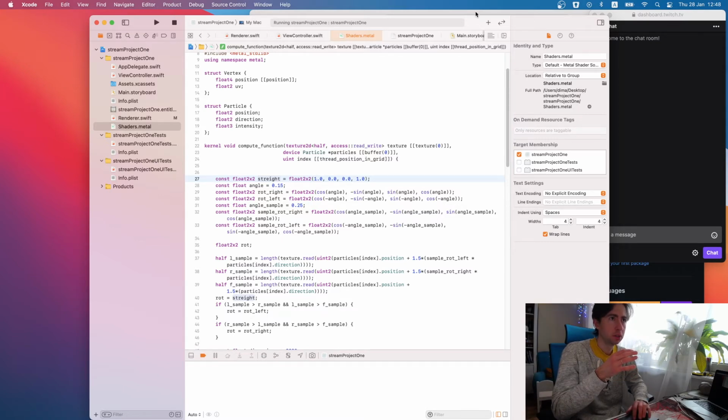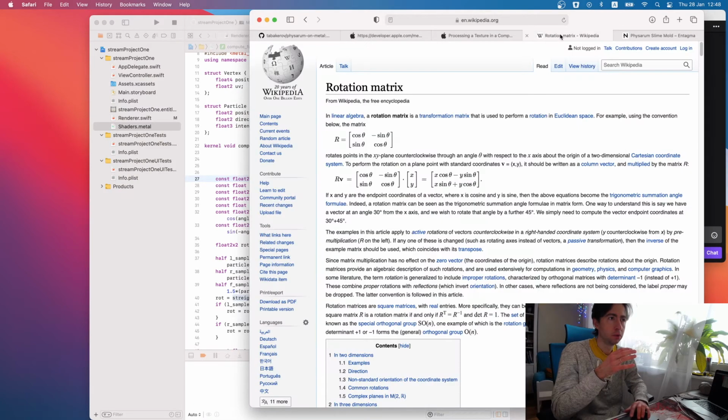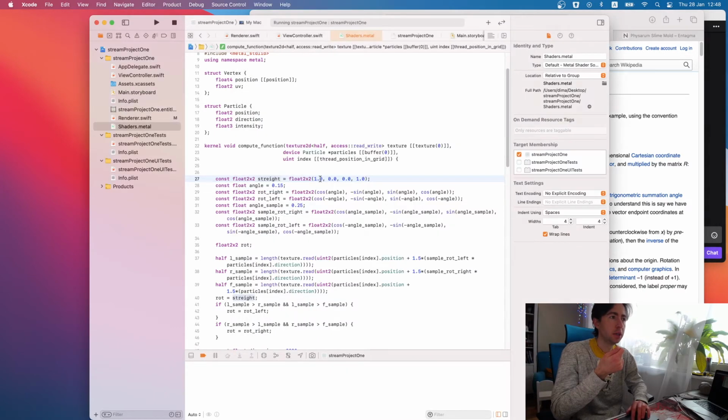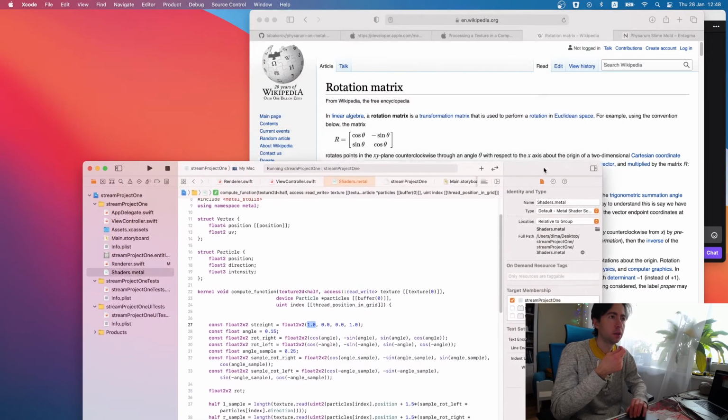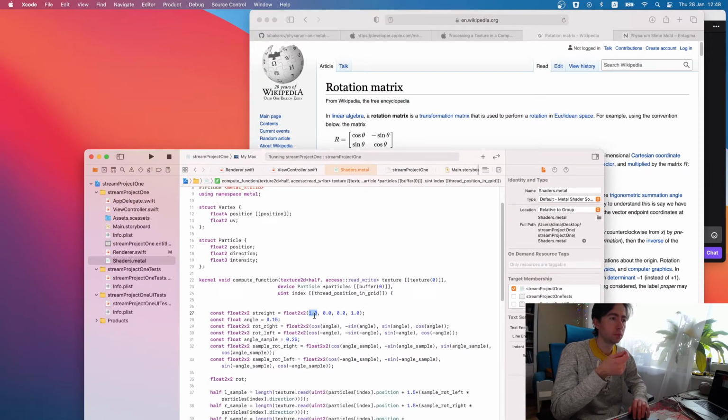So if you need some insights on a rotation matrix, this is the way you create a two-dimensional rotation matrix. So basically this is cosine of 0, like moving forward.